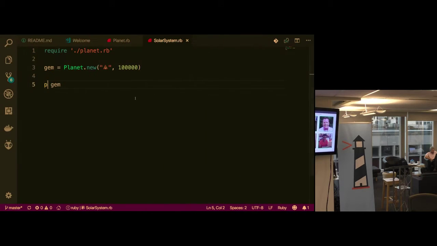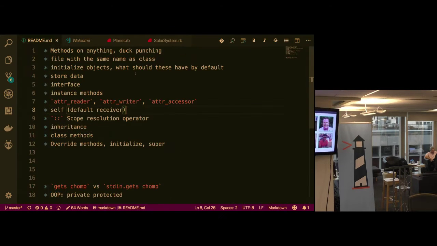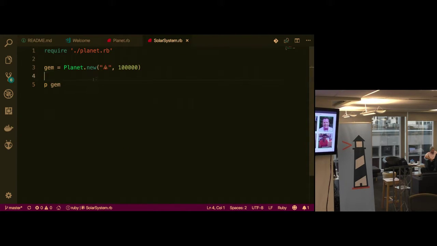Cool. All right. So now I want to do something with that stuff. We initialized it with some data. We've stored that data on the instance. Can I now, let's say I wanted to puts gem, and then underneath I want to put gem.gas. Why can't I do it?